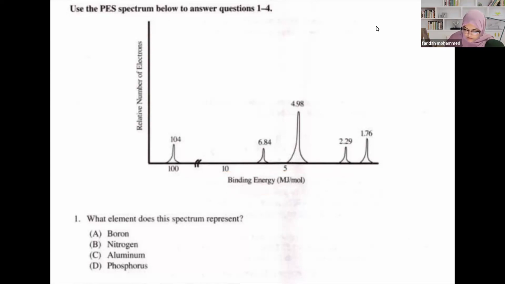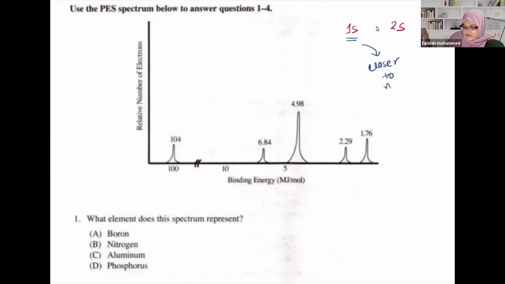If you really notice, you can see that the binding energy is actually decreasing, right? You start with 100 here, and then as it goes to 10, 5, it's going to be lower and lower. What does it mean? It means, let's say you have an orbital of 1s versus 2s. Which one of these two orbitals is going to have higher binding energy? The answer is 1s. Why? Because 1s is more